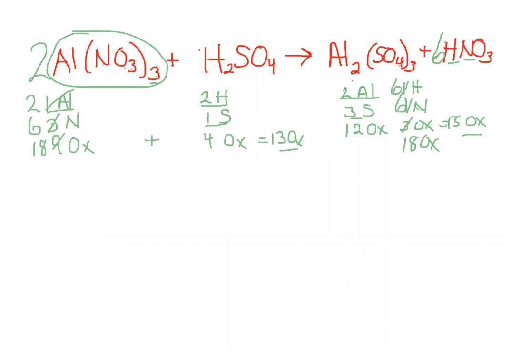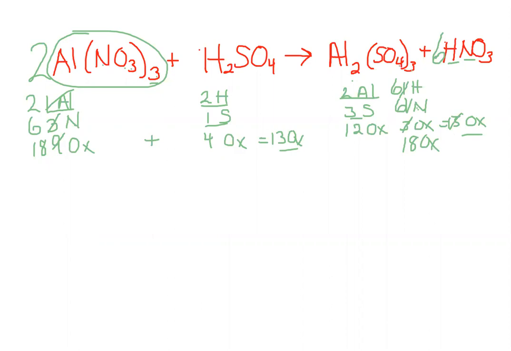Okay, so now our aluminums are balanced, our nitrogens are balanced, and that's about all. So let's see what else we can do. Now we have 30 oxygen on this side. And on this side, we have 18, 19, 20, 21, 22. We have 22 oxygen. So we need